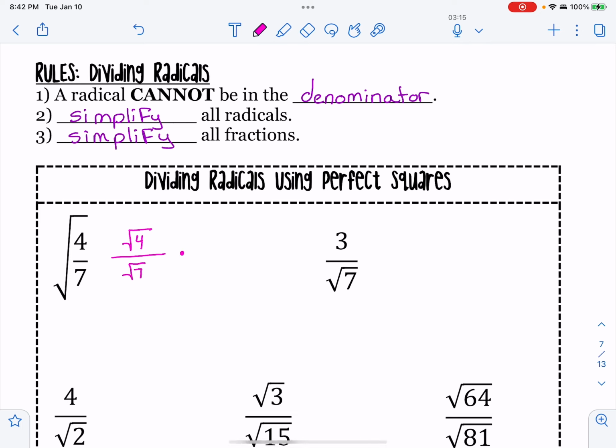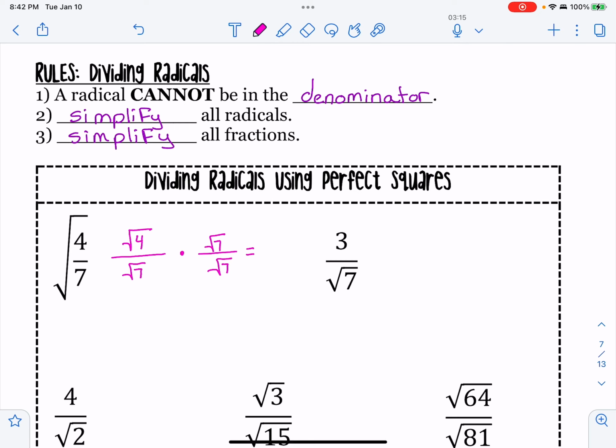So to get rid of that radical, I'm going to multiply both the numerator and the denominator by square root of 7 over square root of 7, because anything over a numerator and denominator that match each other is equal to 1. And by multiplying a fraction by 1, I'm not changing the value of the fraction. It's still going to be